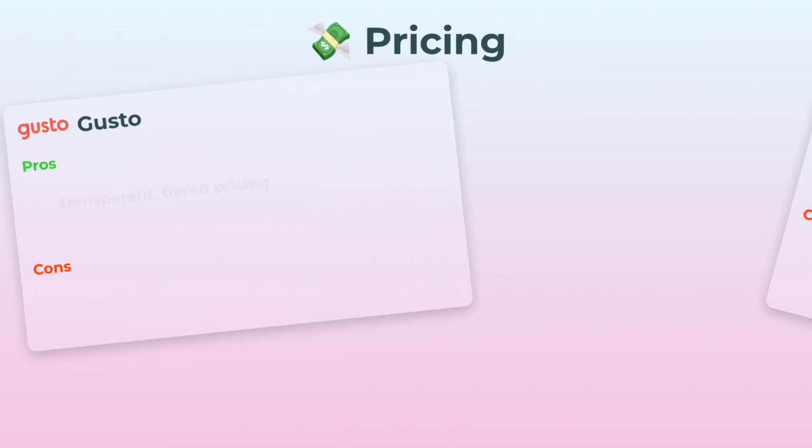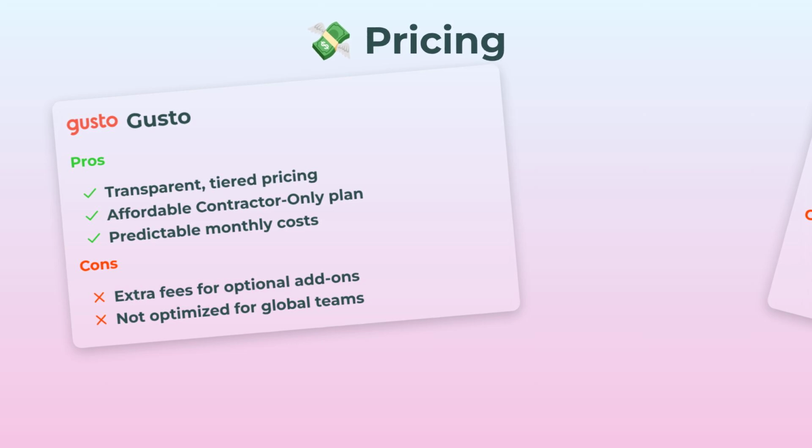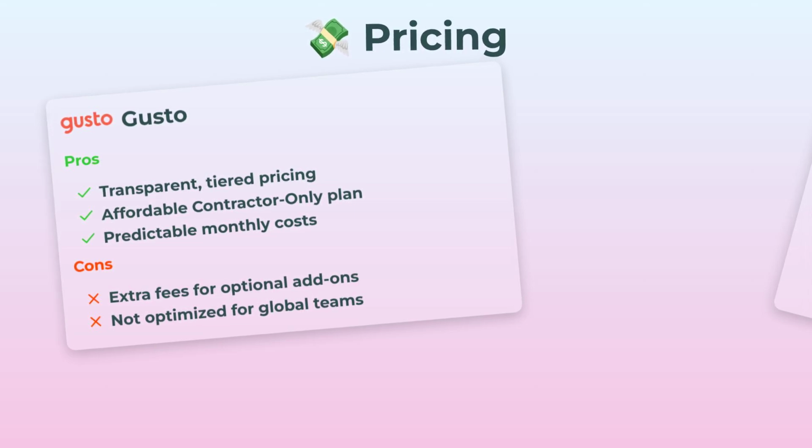So let's start with pricing. Gusto honestly keeps things simple. You've got transparent tiered pricing, no guesswork, and their contractor-only plan is actually pretty affordable if you're mainly working with US freelancers. It's predictable, which is such a relief for small teams. But one thing to watch, they sneak in extra fees for some optional add-ons, and this platform isn't really built